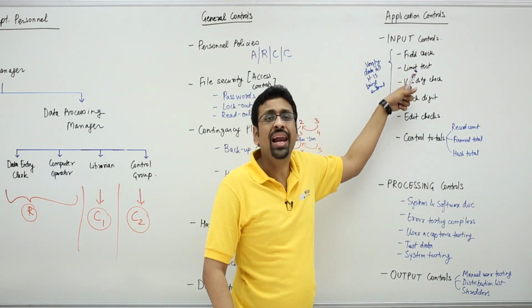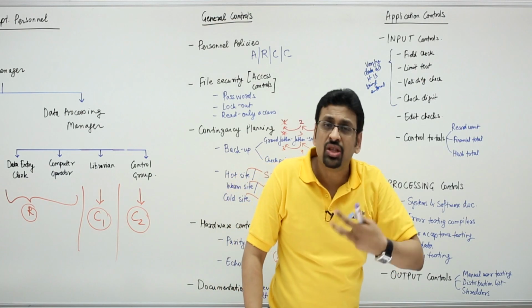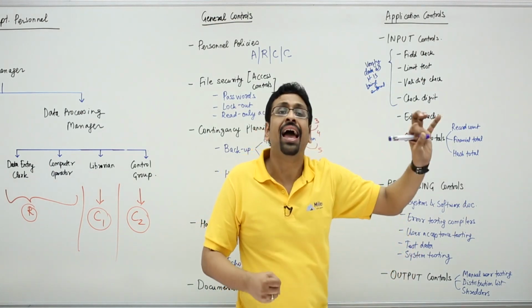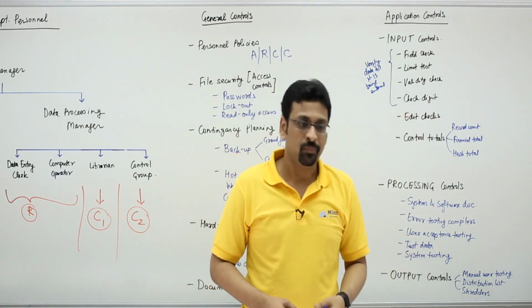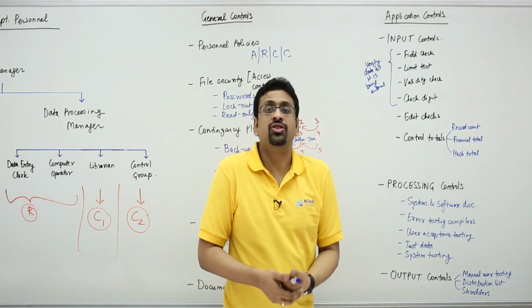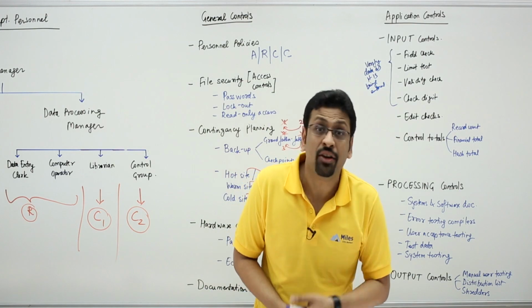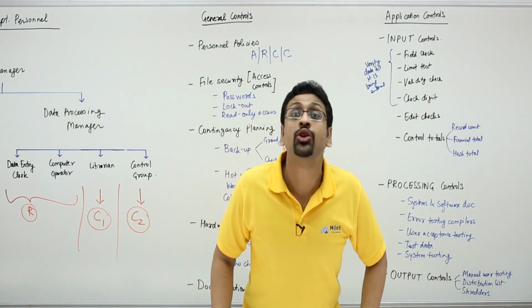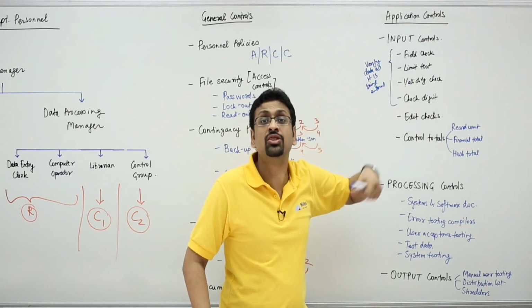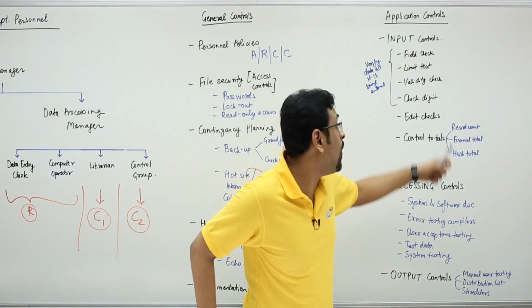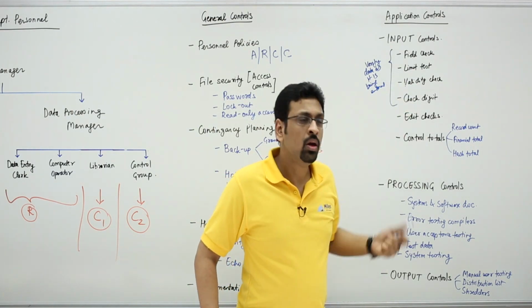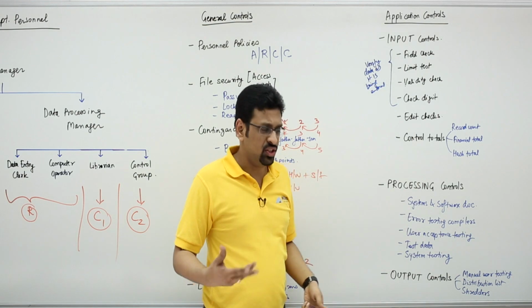You could do a validity test where you match the input to a pre-existing acceptable list. For example, let's say it's a list of US states, and instead of NY for New York, you enter NU. It doesn't accept because there is no state called NU. Validity check. You could have check digits.